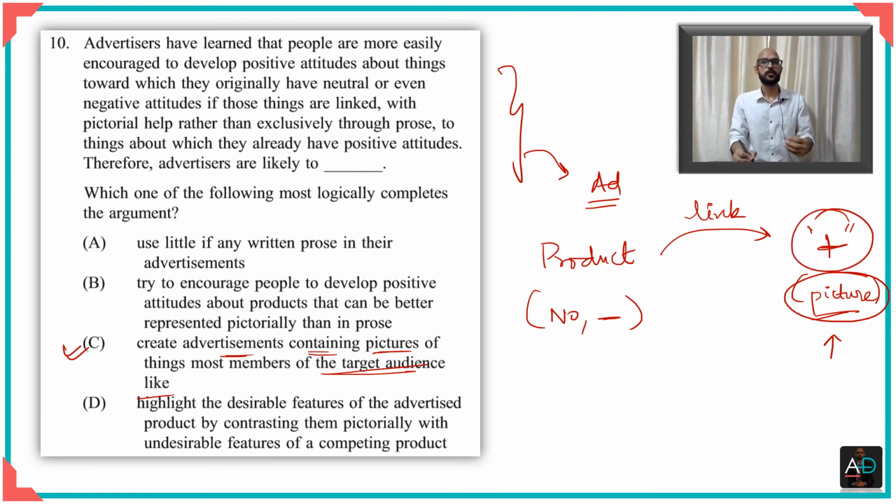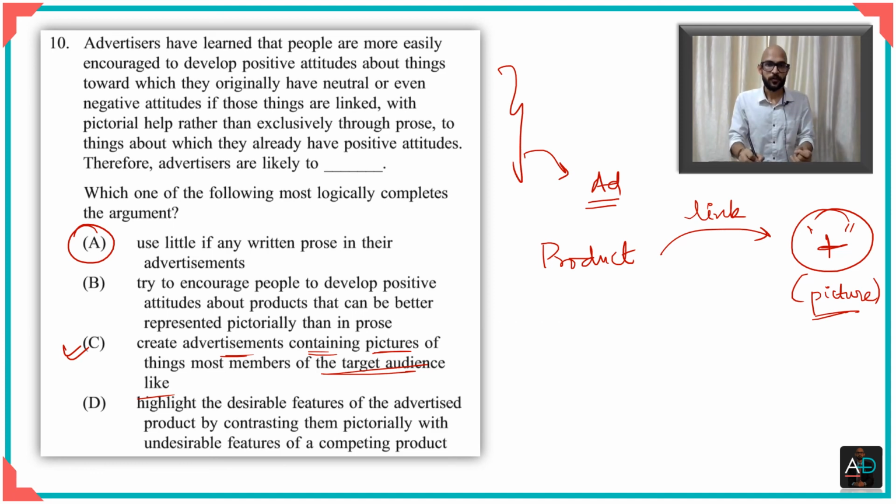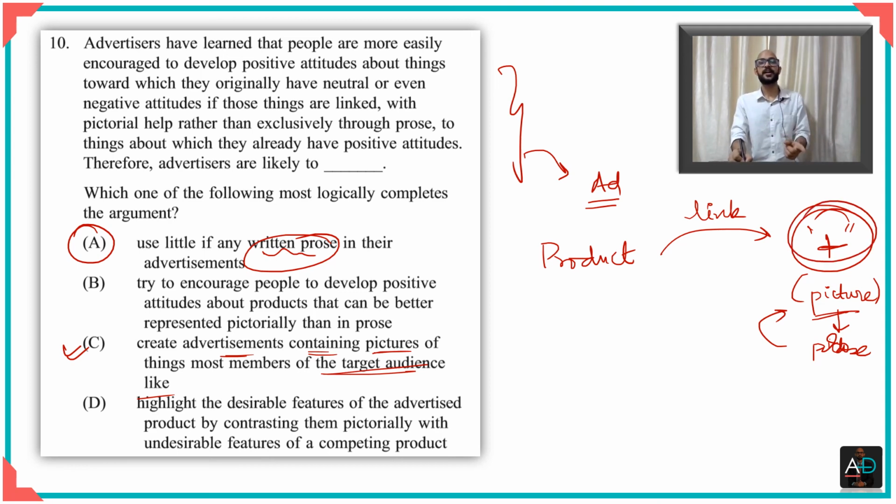But now let's look at why the other options are not right. Okay, let me first take option A. Option A looks like a good choice, but it is not the main point, and it is not the step that they're going to take. Of course, between prose and pictures, we know that pictures were better, which means that they will use less prose if they can. But that is not the step that they're going to take. The main step that they're likely to do is to use a picture which has positive things. So this one is correct, but it is too narrow,